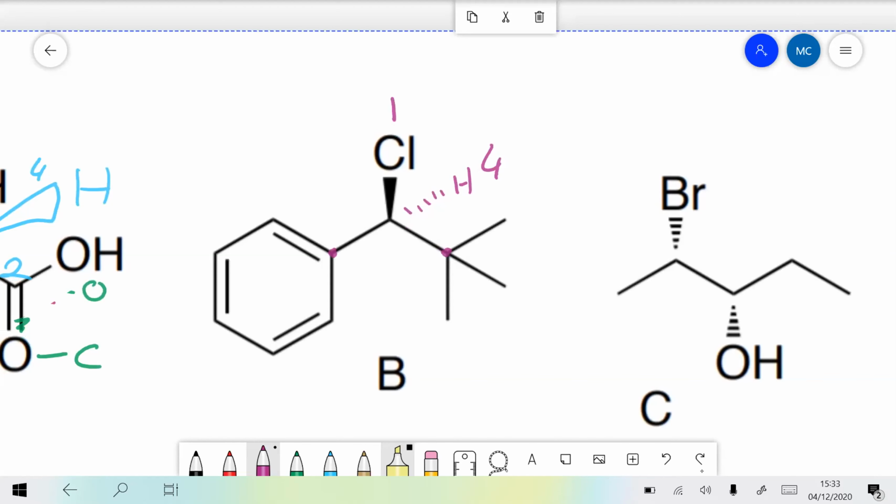Okay, so we have the chloro, hydrogen, carbon, carbon, carbon, carbon. And this is where pentametoms will become important. Now this carbon has